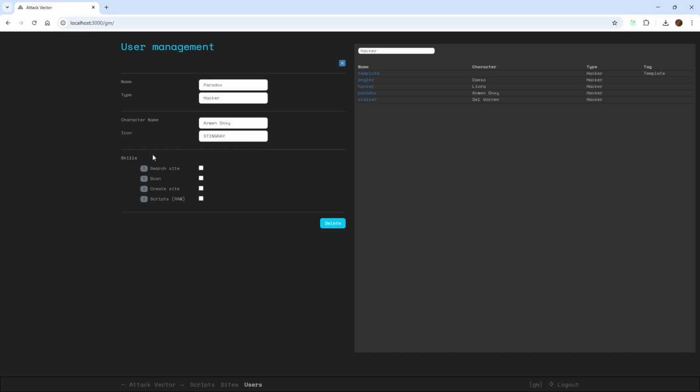Now to the interesting part, the skills. So Attack Vector has a tiny skill system that will be expanded upon in the future, and currently there are 4 skills. The first skill, search site. You can see here what it does. It allows the hacker to search for sites and start a hacking run. So if the hacker doesn't have this, they need other hackers to find and start a hacking run for them,